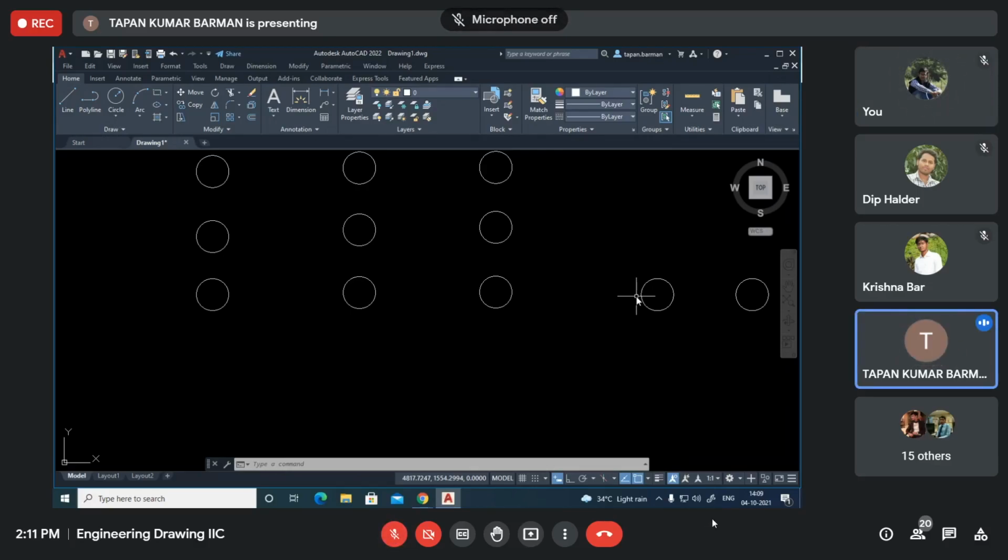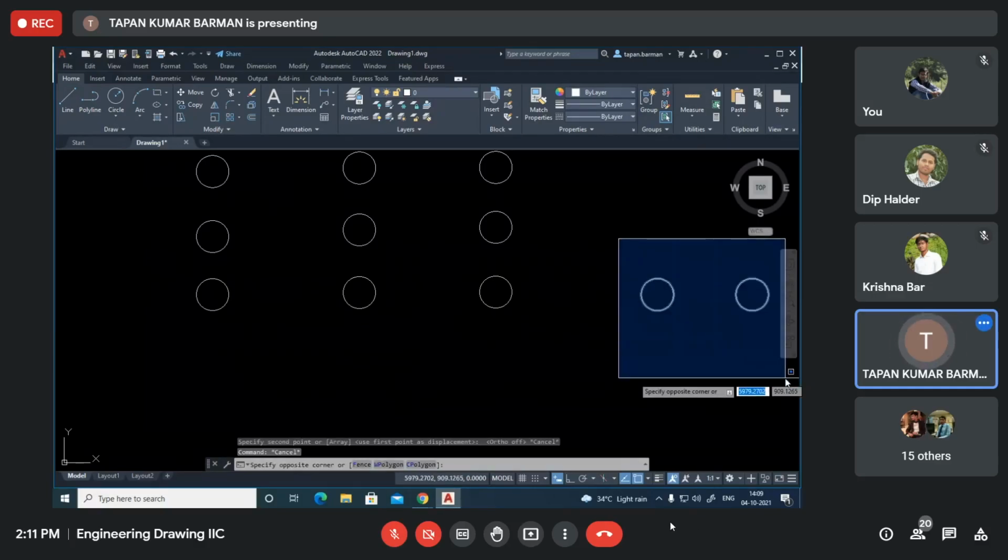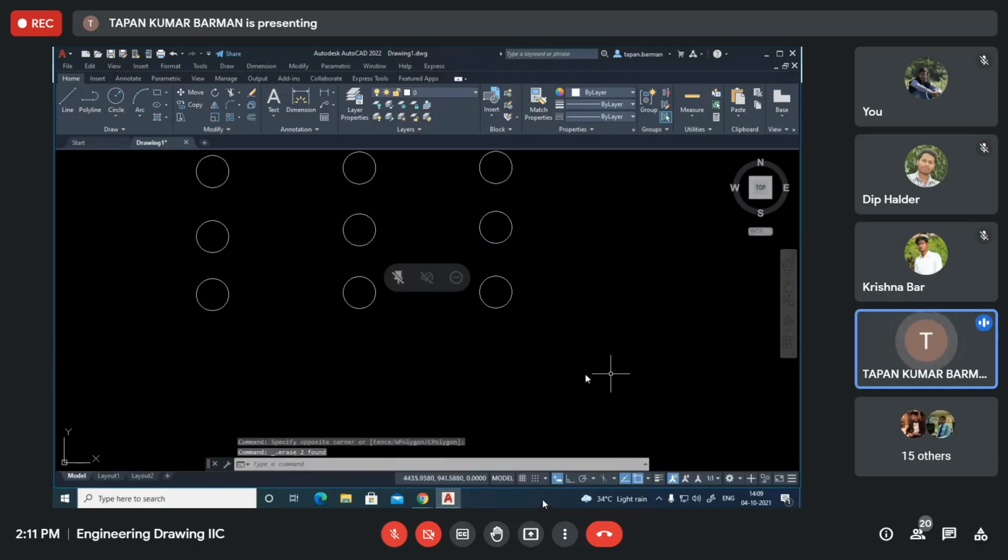Do you understand what I am trying to say? So carefully you have to select the base point so that you can easily handle the object and place it at your required places. Is it clear? Now this is copy. Is there any problem to make a copy of the object? Any problem? Can you do it?